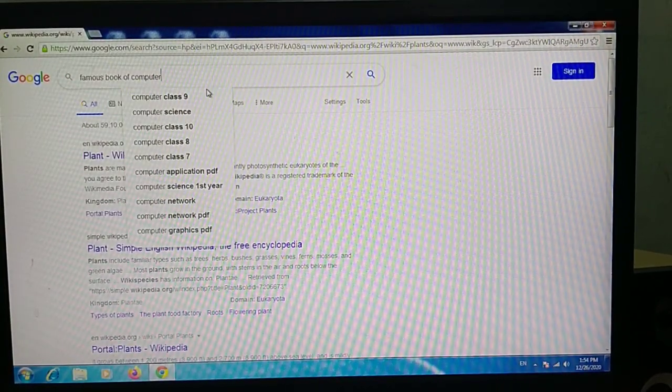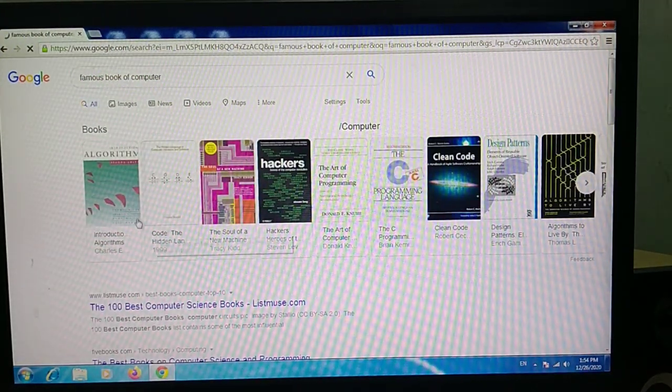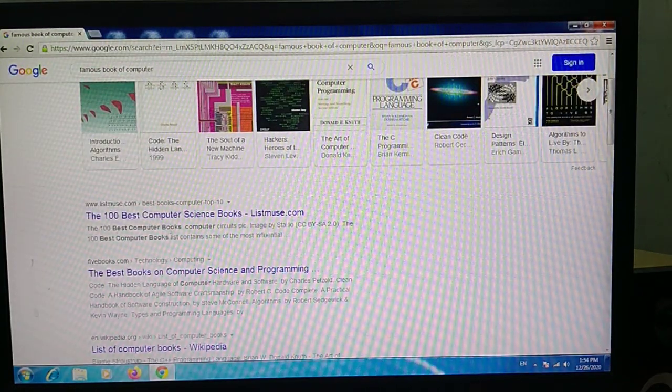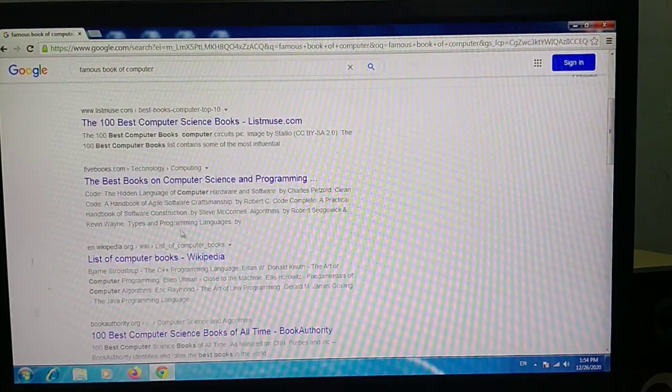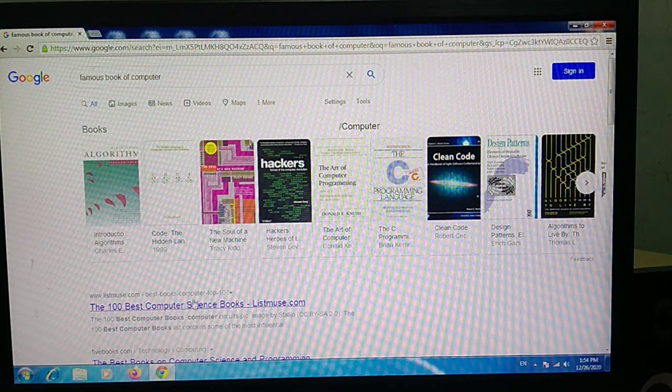Then press enter. You can find all the books which are famous and which have good content. You can see the 100 best computer science books, the best books in computer. These are all related websites for what you want to search. You can take from here.